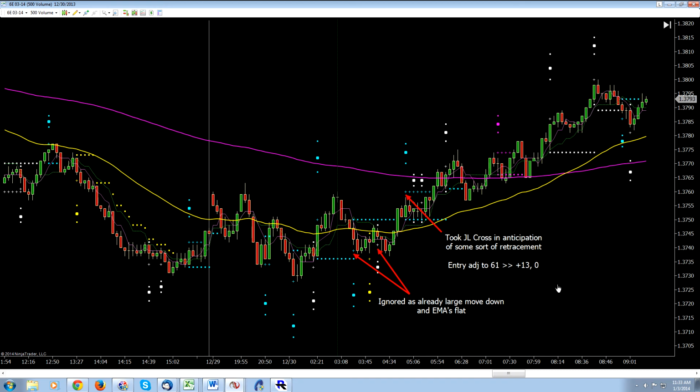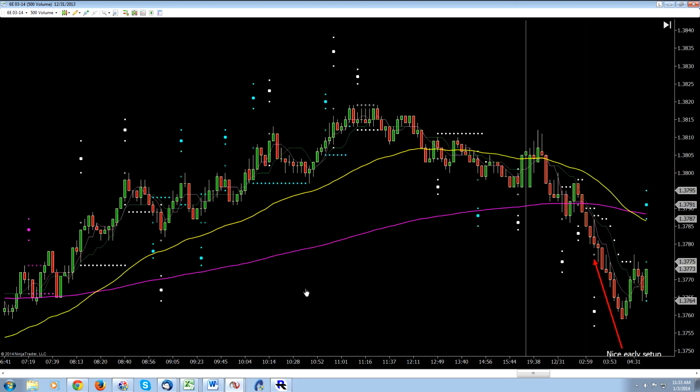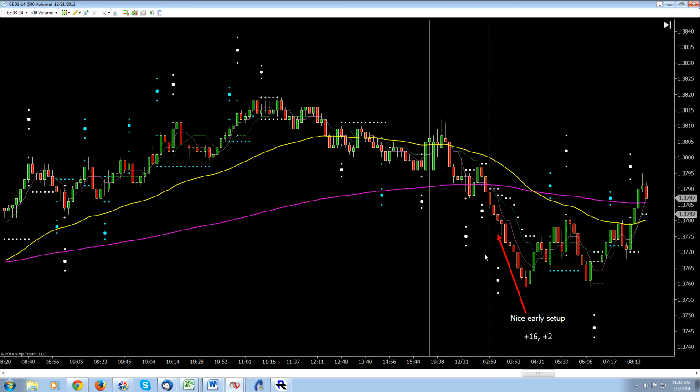Moving on to Tuesday, we can see that there was a very early setup. It pretty much happened in a straight line. It was no real issue with this one apart from the fact that we didn't really get a particularly good trailer. You notice that it's not hugging the jump line 9. That's because I have been using a slightly different setting on this, and I will adjust it from time to time perhaps as well. In this case, it might have been better just to trail the pink jump line, just because you can see that it's reacting there,